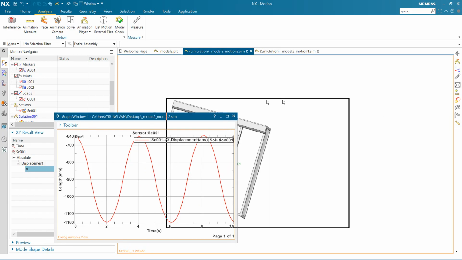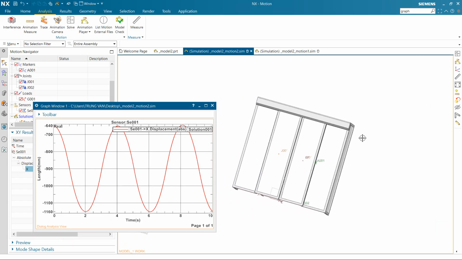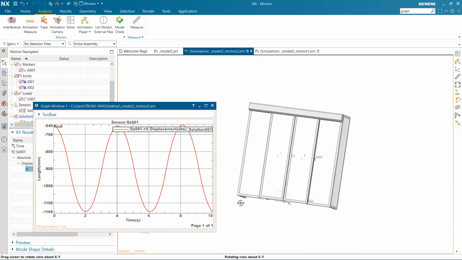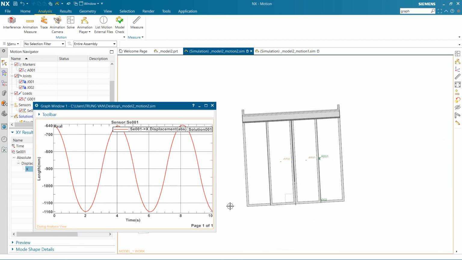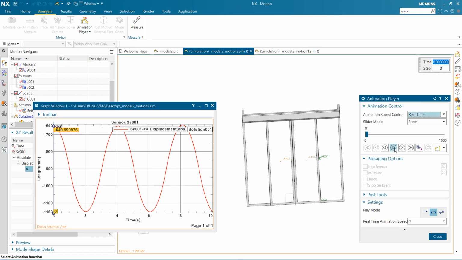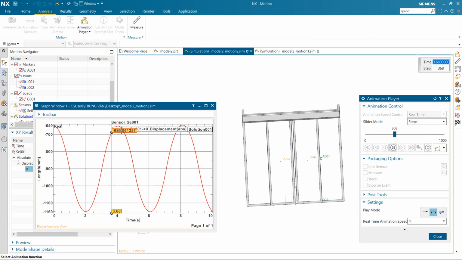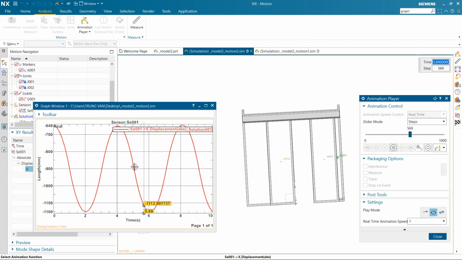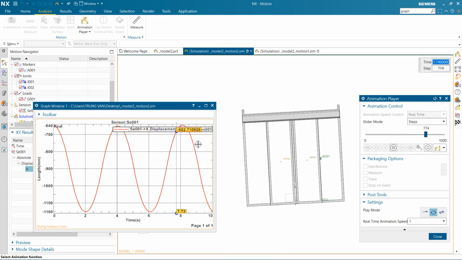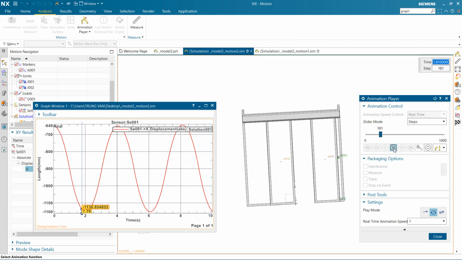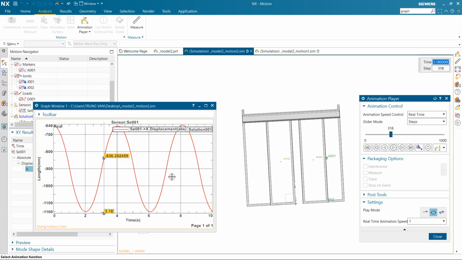Let's run the model again to see how it works with the graph here. Just run the animation. As you can see, when it reaches this, that's how the graph goes, and I will analyze that a little. Okay, stop a little.